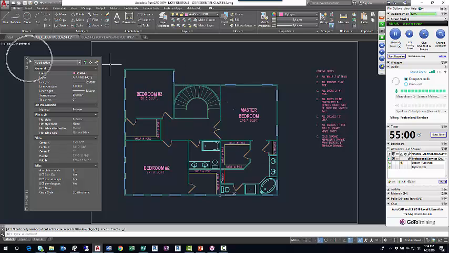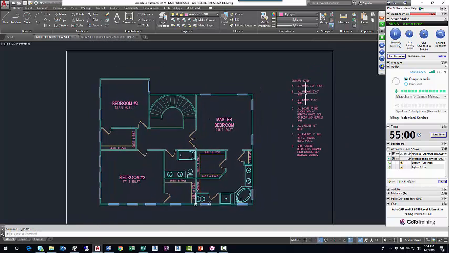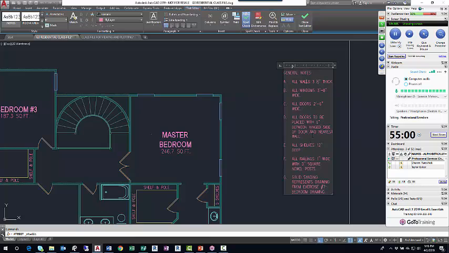Okay, I'm going to get rid of my properties palette. I'm going to hit save to save my drawing. I did want to check one thing. I'm going to double click my text to get back into edit mode. And one thing I wanted to show you on the multi-line text tool